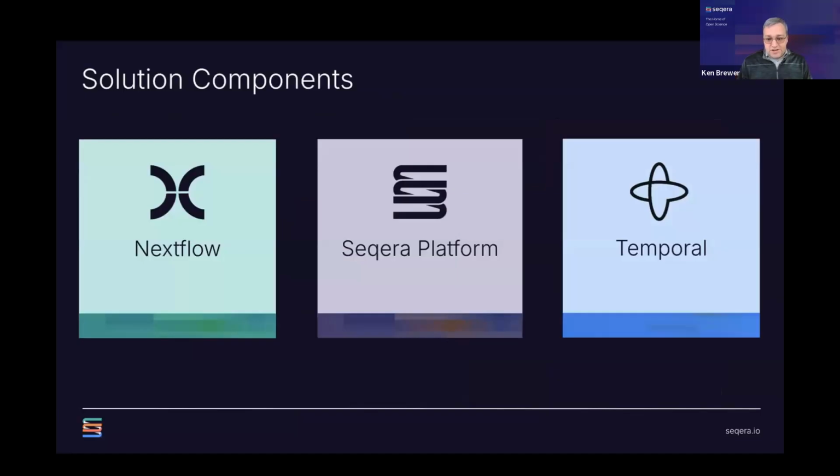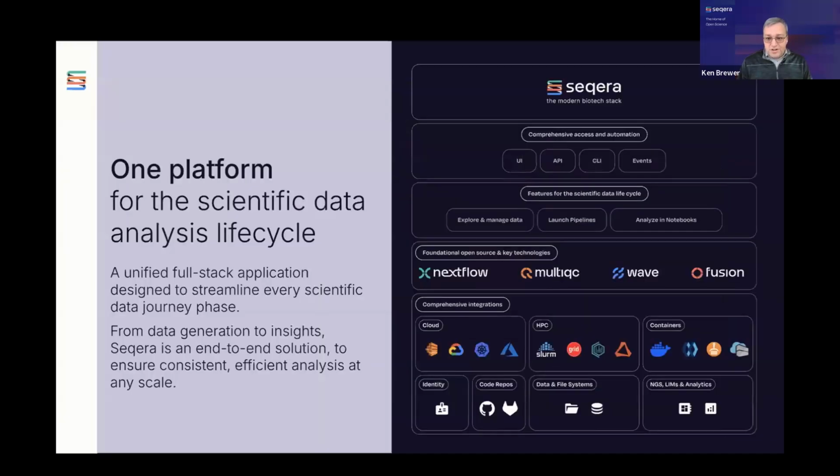Beyond that, the other key tool that we'll be talking about is Seqera Platform. And Seqera Platform, the intent is for it to be a unified platform for the entire scientific data analysis lifecycle